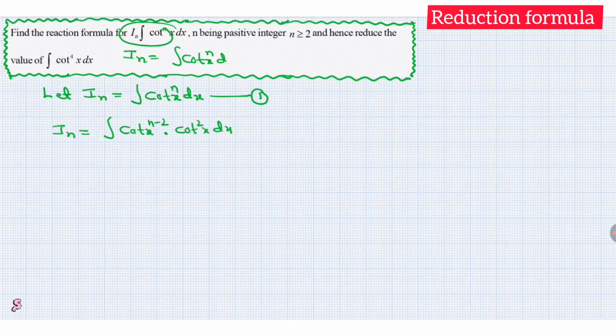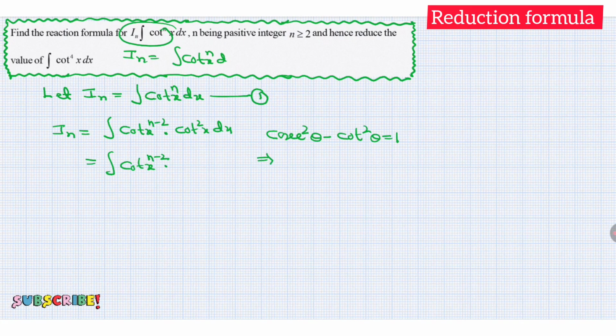Here cot x power n, write as cot x power n minus 2 into cot square x, is equal to integration cot x power n minus 2 into, we know that cosec square theta minus cot square theta is equal to 1, then cot square theta is equal to cosec square theta minus 1. Apply here cot square x equal to cosec square x minus 1 dx